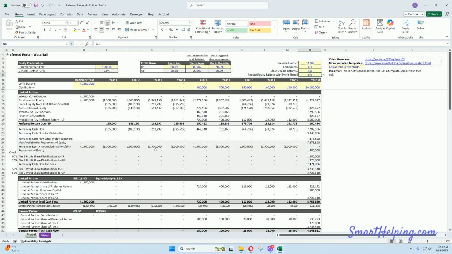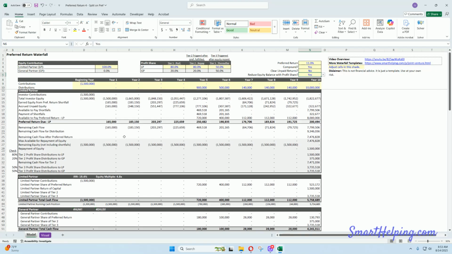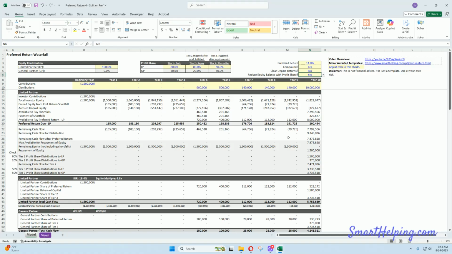So this worked pretty good, but not perfect. And it depends on if you're giving the LP, or in this case, the seller of the property, who's now an LP in the project, equity upside or not. In their case, they wanted to be able to model if they were not, but also if they were. So it actually had to be two different templates. This one is good if you are giving them upside. And so let's just walk through the most simple